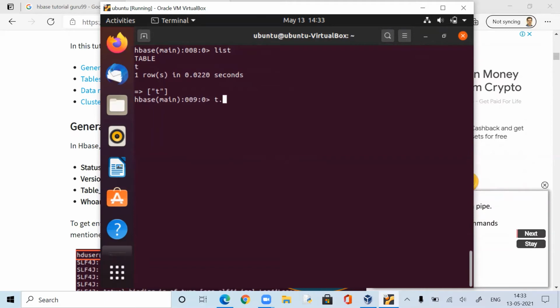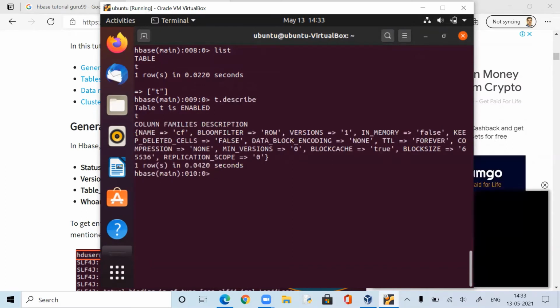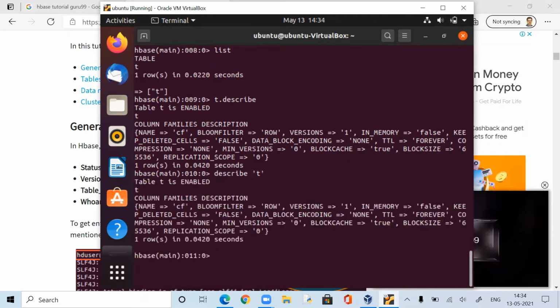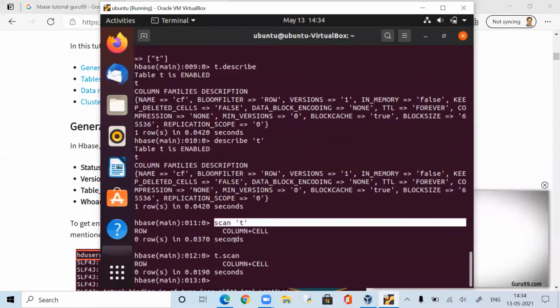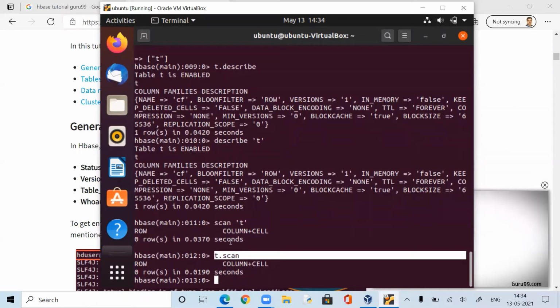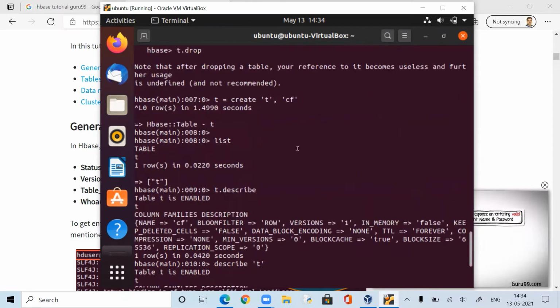Now if I use describe T, you got this, which is actually the information about the table. I can also do it like this: describe T, scan T. This is another way. I can use T dash scan for schema, scan T. So you can do both ways. This T is actually an alias for a table. I create a table, create table. See, the same. I'll just delete this now.